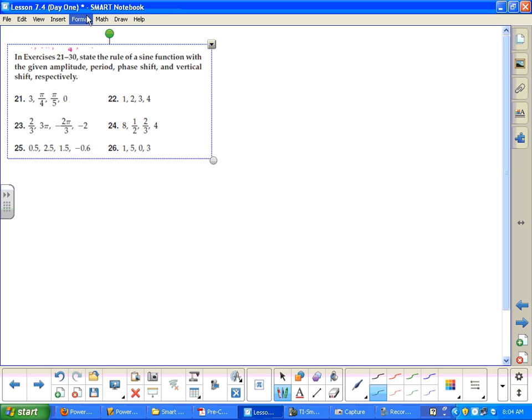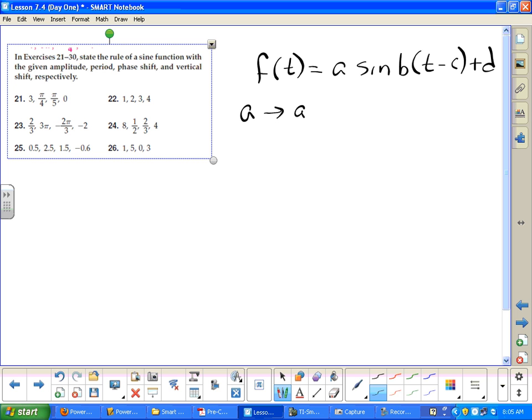I could care less. Okay, now, it says state the rule of a sine function with a given amplitude, period, phase shift, and vertical shift. So we're looking for f of t equals A sine of B times (t minus C) plus D. Where A is our amplitude,